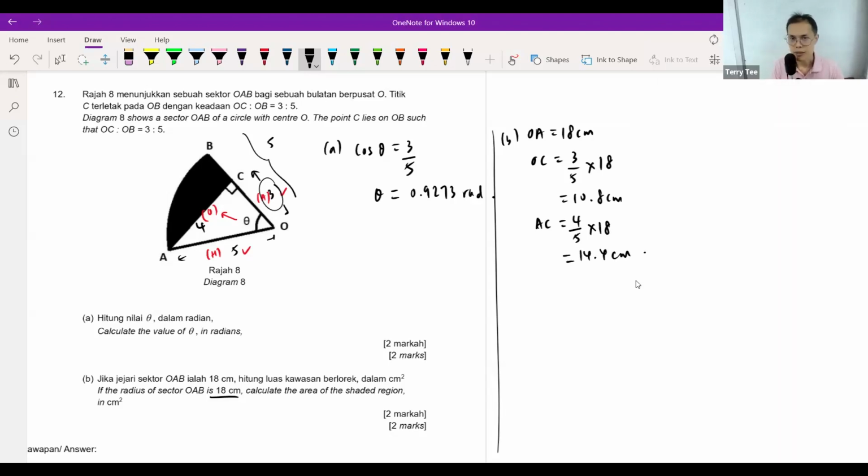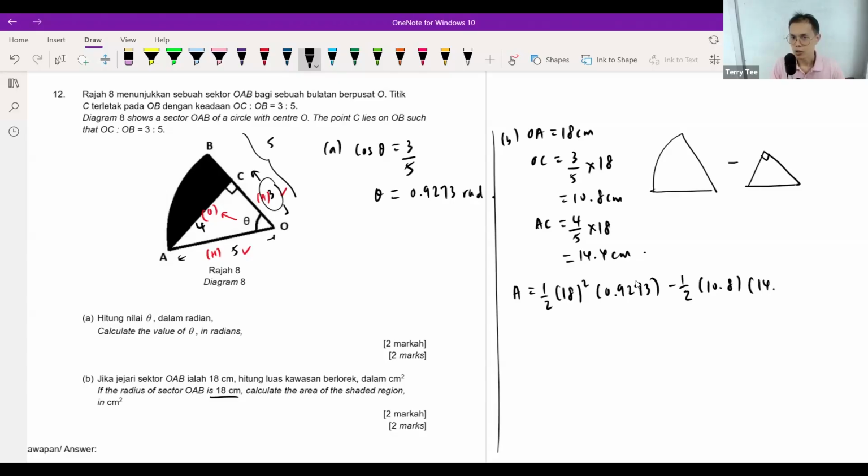So I'm going to use half times base times height to find the area of the triangle. And I'm going to use half r squared theta to find the area of the sector. Sector minus triangle to give us the shaded region. So area of the sector is half, your radius is 18 squared, your theta is 0.9273. Area of the triangle, your base is OC, which is 10.8. Your height is AC, which is